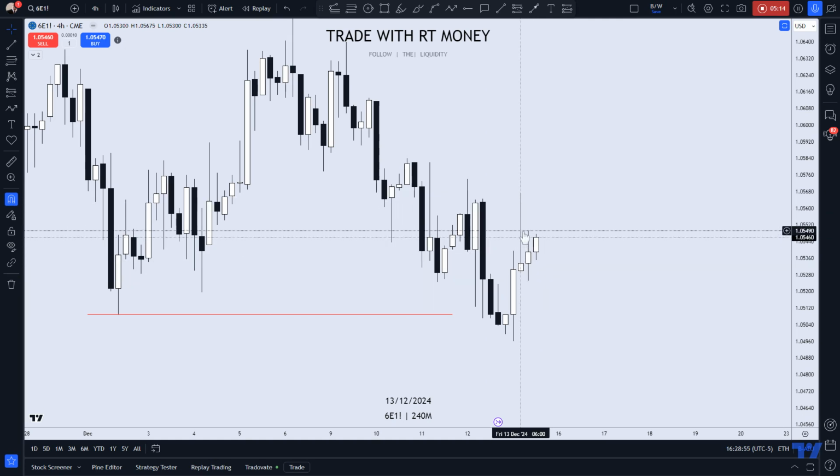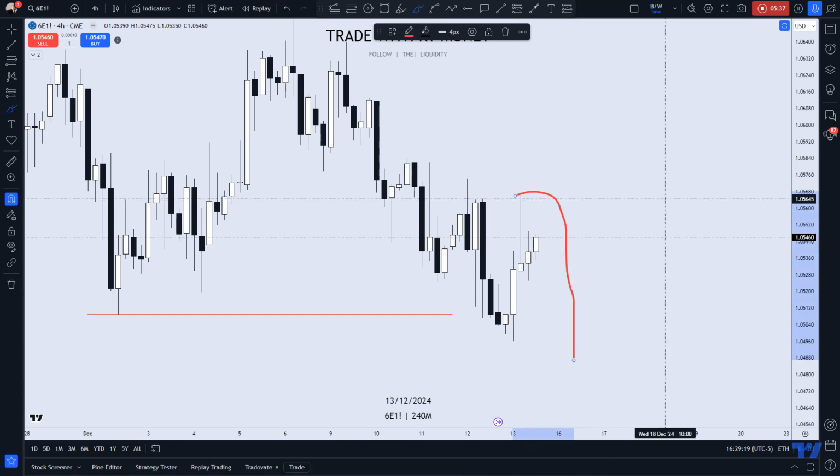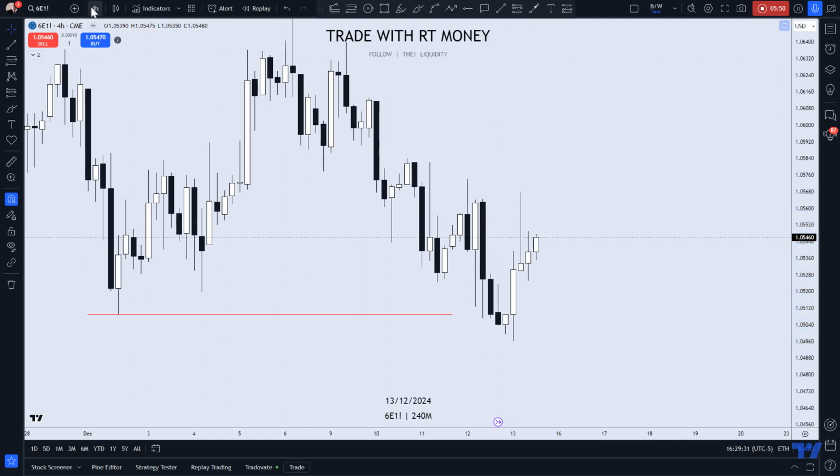I don't want to see price go up past the halfway mark of this candle. If it does take the high as external range liquidity, then I would be looking for price to turn around. Why? Because in my previous video, we saw that the US dollar is strong. If we take a quick look at the US dollar,